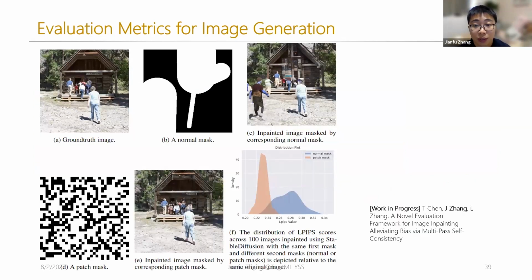Here we show two different types of masks, the normal mask and the patch mask. Normal masks obscure the connected region in the image, resembling brush-like or box-like shapes. On the other hand, the patch mask independently determines whether to mask each patch, resulting in isolated small regions of blocked images. When we use normal masks